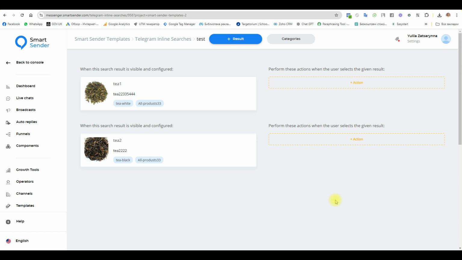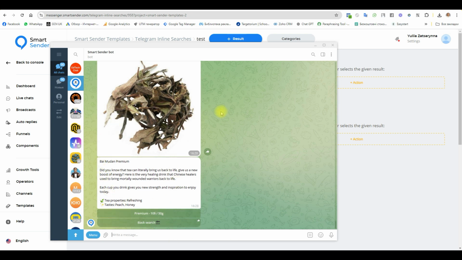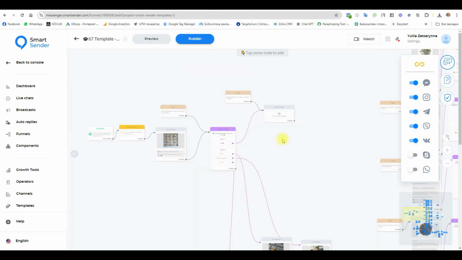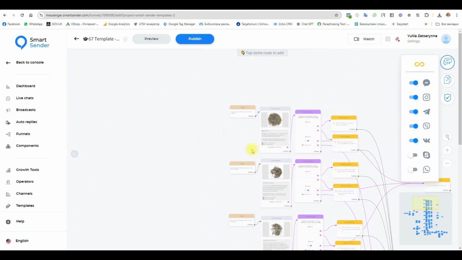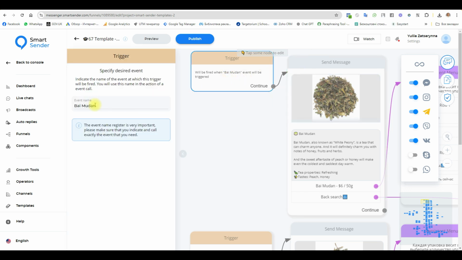That's all. But we need to add a product. For example, if I choose this one, some product, I receive this message. I need to add this message here. We do this with some trigger. For example, I go back to my flow, and near all of my products I have some trigger. Name this trigger. It is a name of this tea. For example, the first one, this one. I copy this name, the trigger,